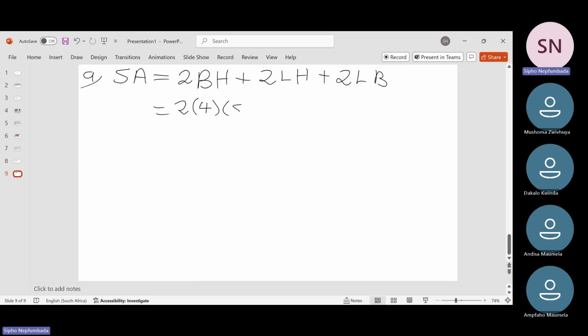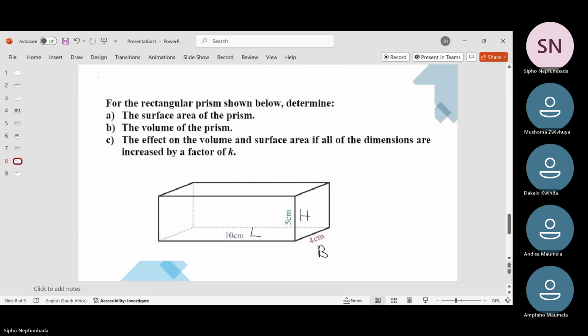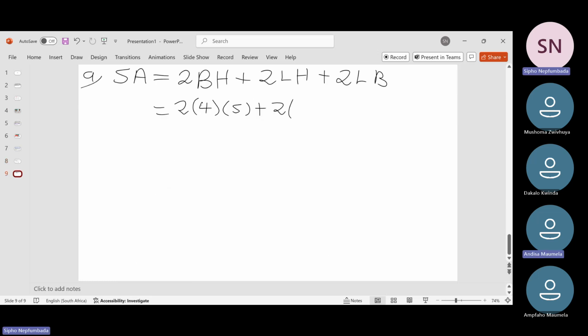We've got 5 plus 2, our L, 10 times 5, plus 2 times 10 times 4. Then this is nothing but going to be equal to 40